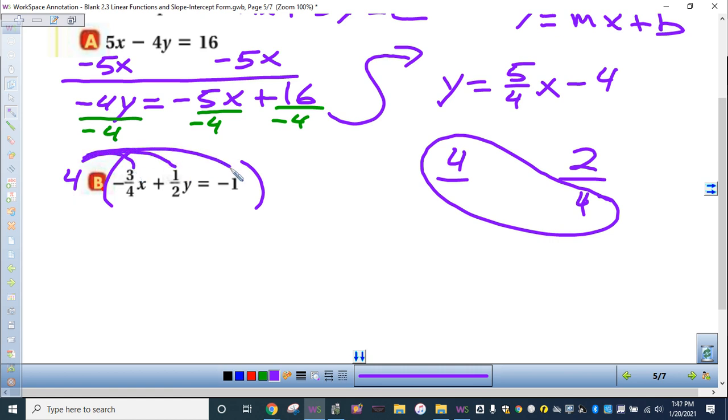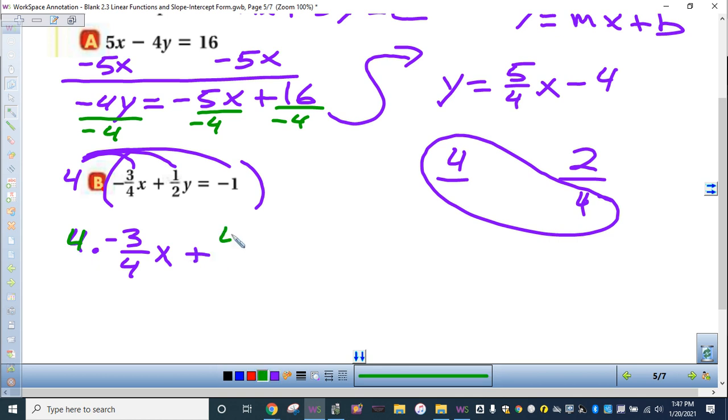And I'm going to show more steps right now than you need to show, but I find that students understand it better if I show all these steps. So I'm going to show that 4 multiplied in front by negative 3/4 x. So that's just the first term multiplied by 4. Actually, let's put that 4 in a different color. So then we have plus,